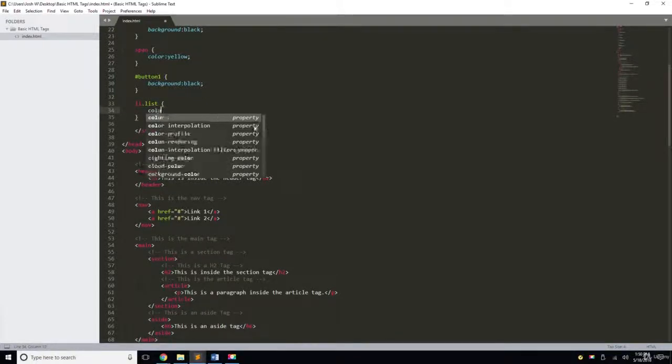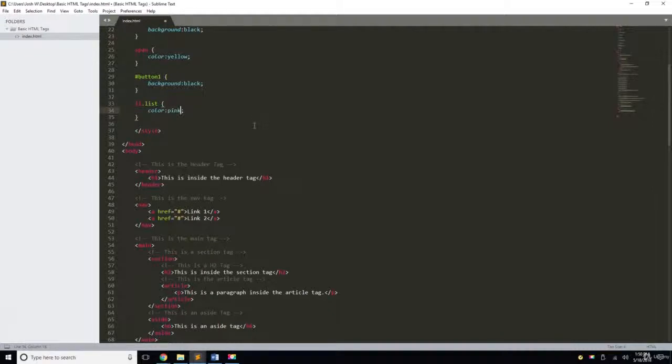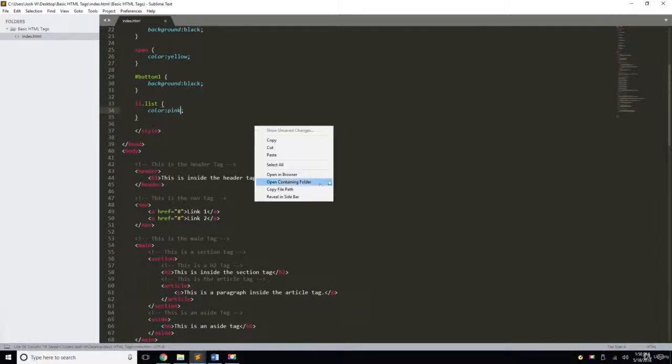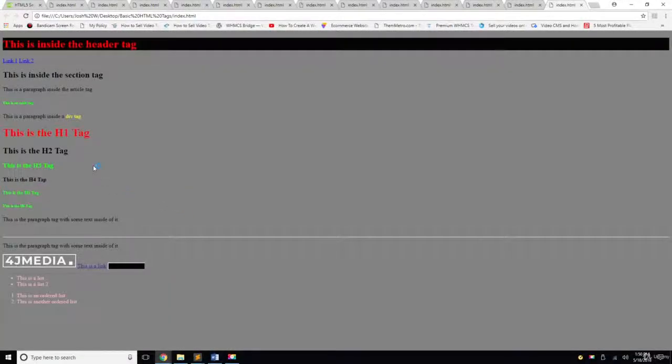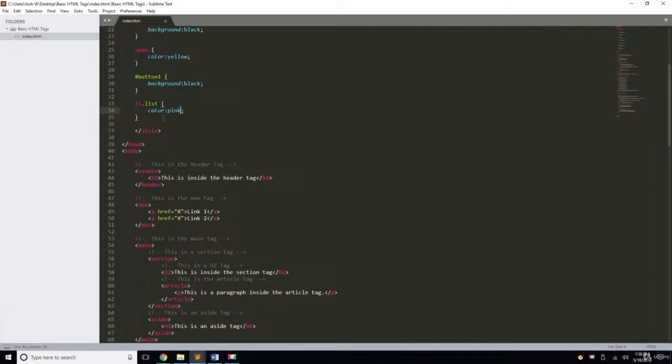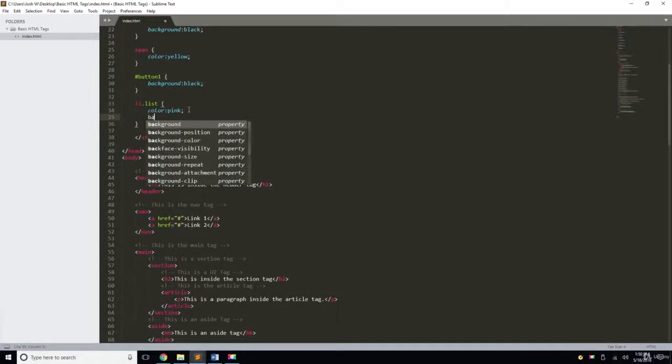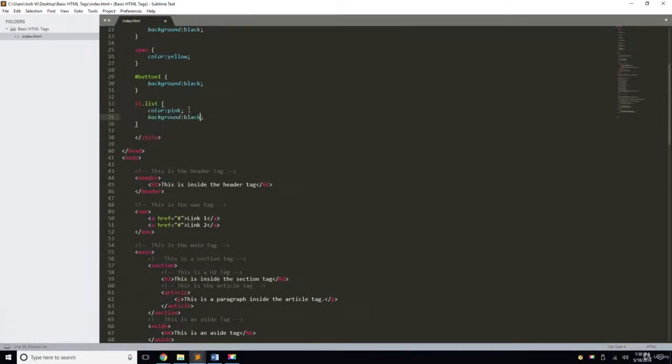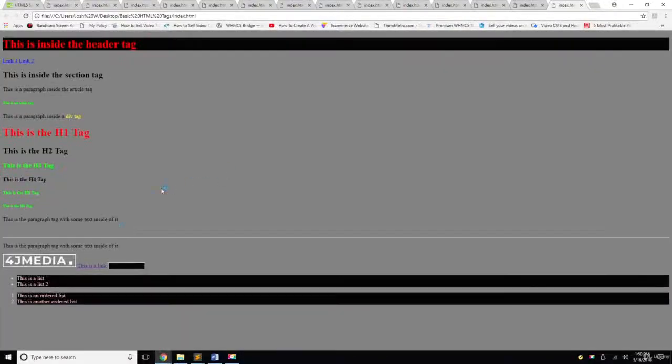And let's do a color of pink. Something ridiculous so that it'll pop. There you go. Now, we can also give it a background of black to give it a little contrast. So let's do background black. We'll Control S to save that, right click, open in the browser, and now our LI is pink with a